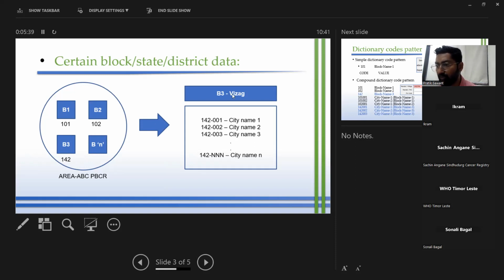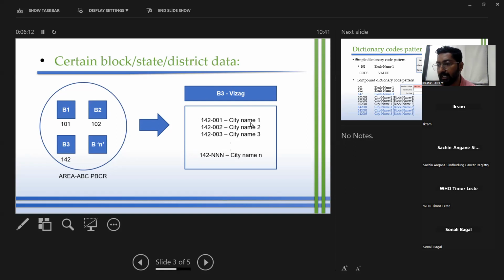So as we know, in each block, we will have multiple cities or multiple villages. I'll repeat again. We know that in each block, there can be multiple cities or multiple villages. Now, how will we denote these multiple cities and villages in that block at code level? So how can I represent those cities or villages in the block code wise? So this is, you can see